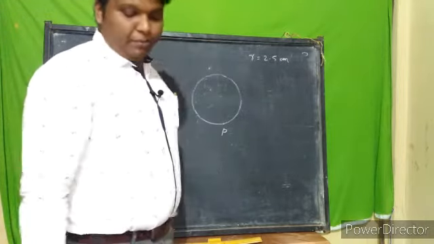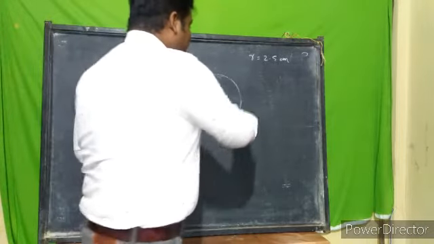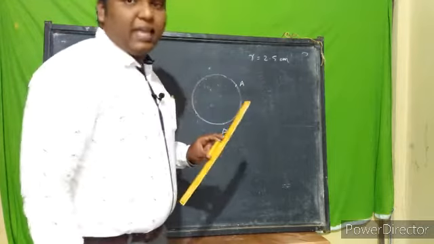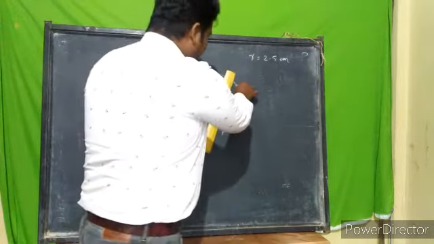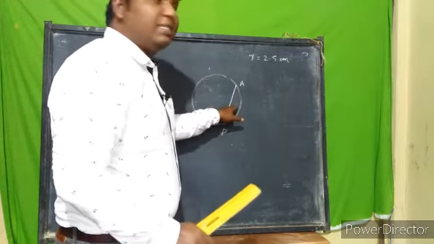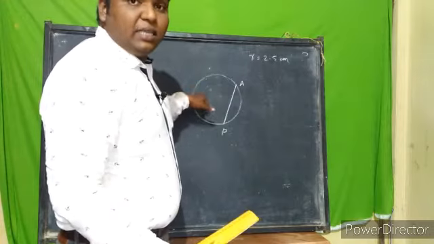I'm taking a point P here. What you have to do is take another point very near to this P. I'm taking this point, mentioning it as A. Join P and A. Now here you can see this is the minor segment, this is the major segment, and inside the major segment